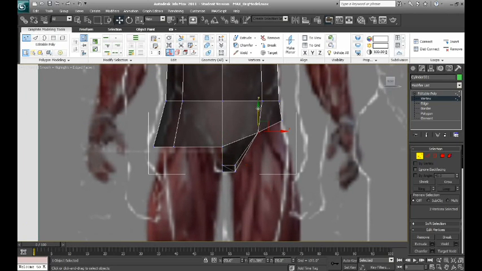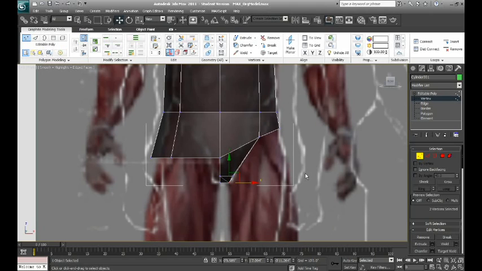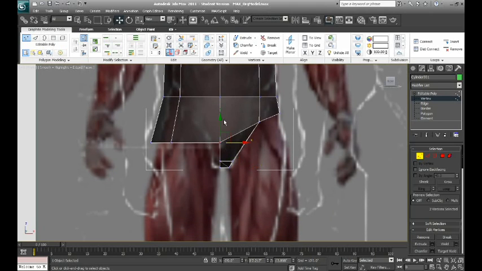Alright, I'm going to leave that pretty close to that area where these two muscles come together, and we will have an indentation happening here. So that's a good place for edges to come together. Okay. We don't want to get it too sharp in there. We want to continue to have a nice rounded surface as we work. Narrow this up just a little bit more. Alright. Now once we have this put together a little bit more, I'm going to raise this up slightly, check it in my